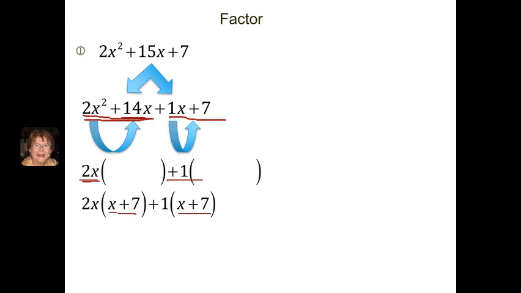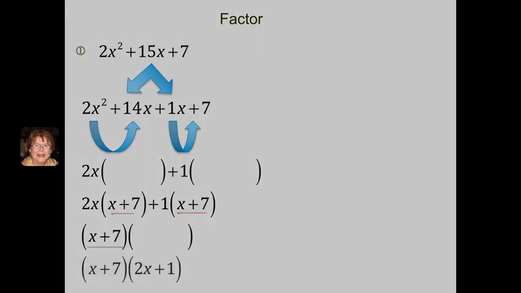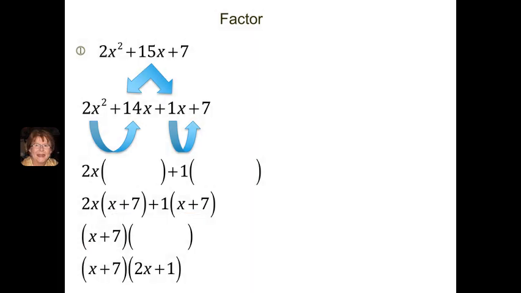What happens next? Our common factor is a binomial, x plus 7. What are we left with when we divide? 2x plus 1. Our two factors are x plus 7 times 2x plus 1. Now remember, you can always FOIL to verify. Why don't I verify this with you? x plus 7